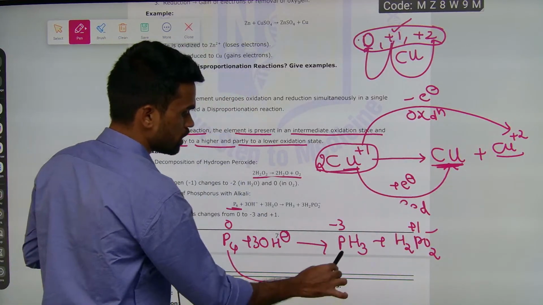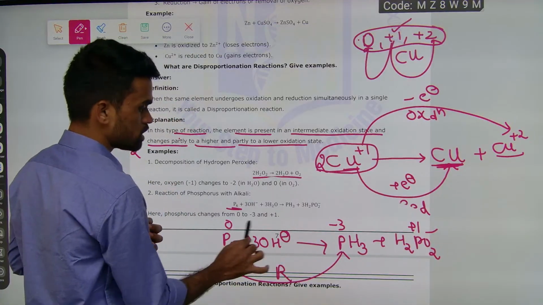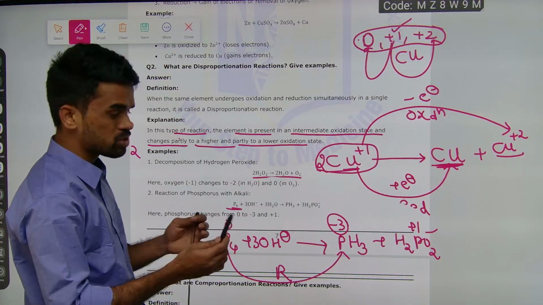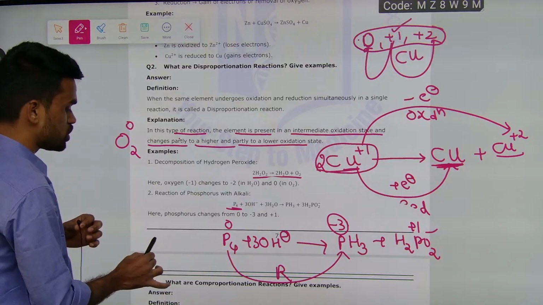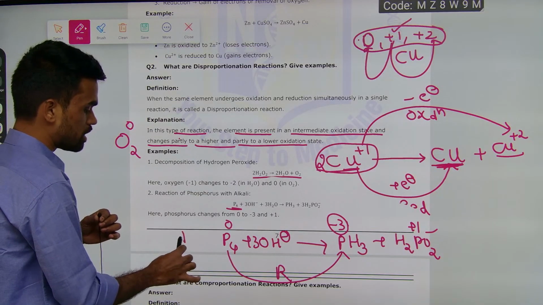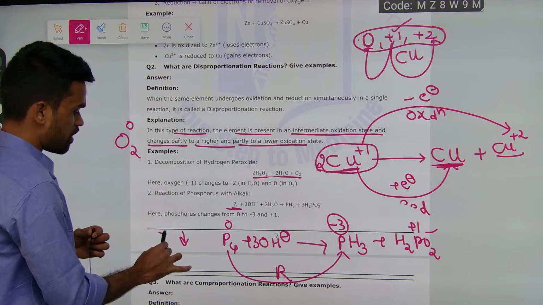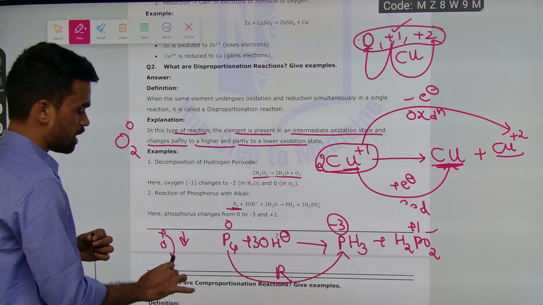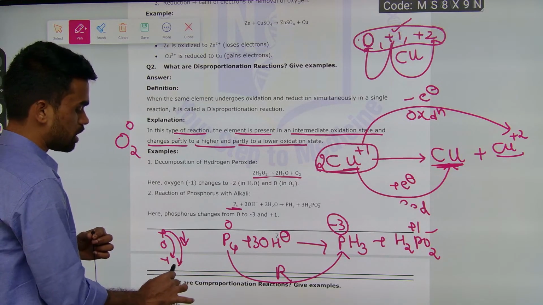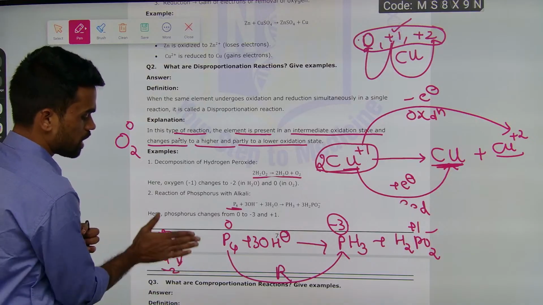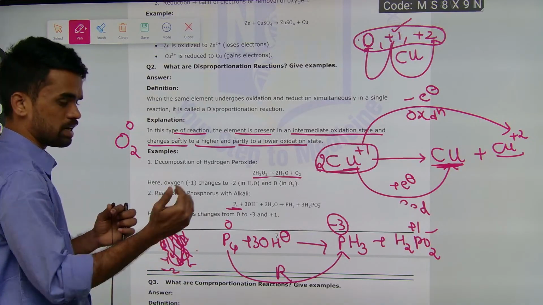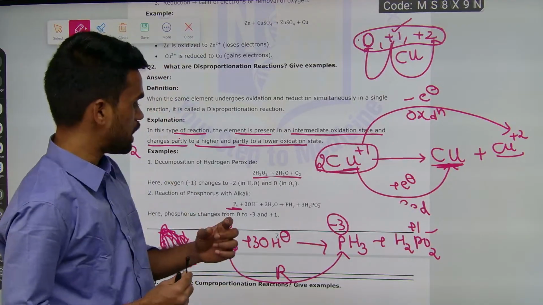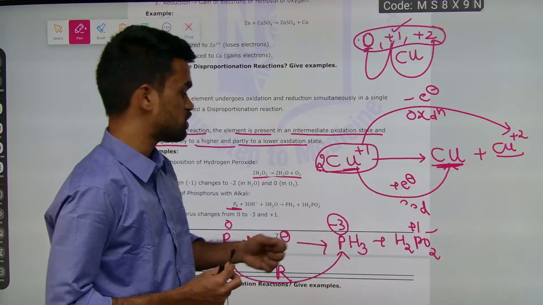So from here to here it is undergoing reduction, 0 is converting into -3. The oxidation number is reduced by gaining of electrons. Whenever a species gains electrons, the number on it will be reduced. If it is +1, by gaining 1 electron it becomes 0. If it gains 2 electrons, +1 becomes -1. If it gains 3 electrons, it becomes -2. Like that, as many electrons as it gains, that many numbers get decreased. So here 0 converting into -3 means by gaining 3 electrons, one phosphorus forms the -3